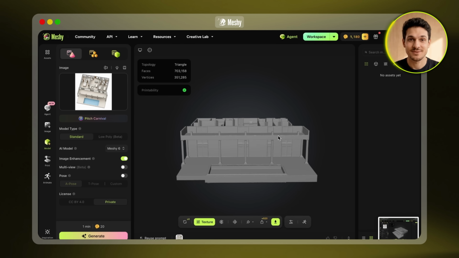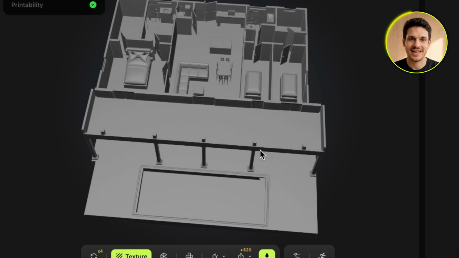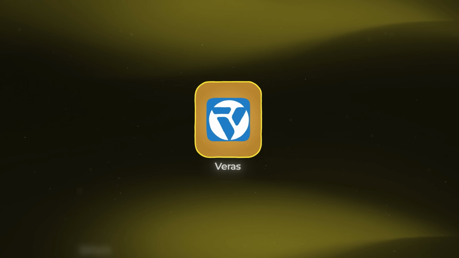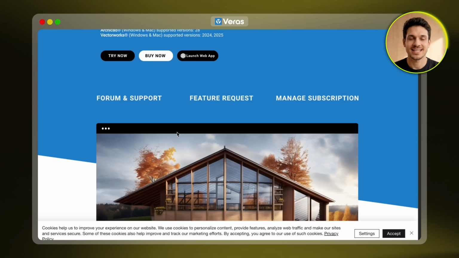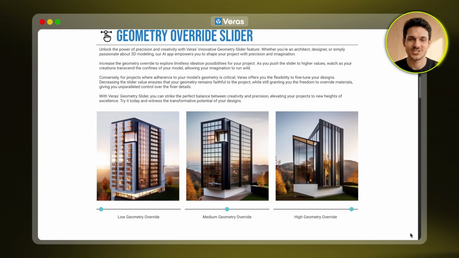So, from a 2D flat image, I now have a real 3D model of our house, which I can also view from any angle. But this still doesn't look like a real building, and that is the exact problem we will solve. Next, to give our plain model a finished look, I'll use a tool called Veras, which does something that the usual AI render tools can't. What's special about Veras is that it's built for architects, and it can render textures directly on top of your existing geometry. Most AI image tools start from just a